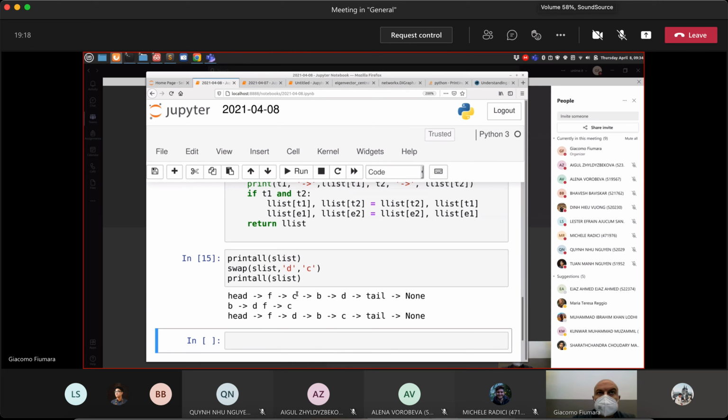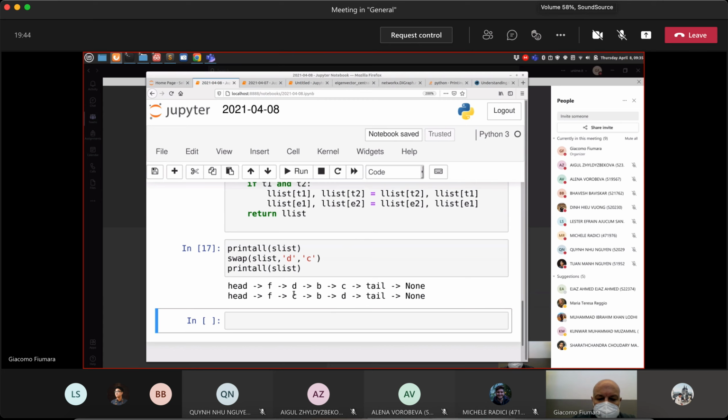Okay. We went back. We swapped back B and C. This was the situation before, in which F pointed D and B pointed C. And now we have that F points C and B points D. Okay, so